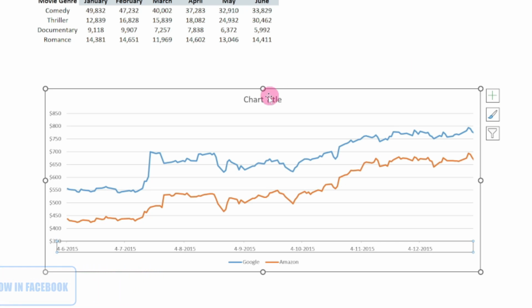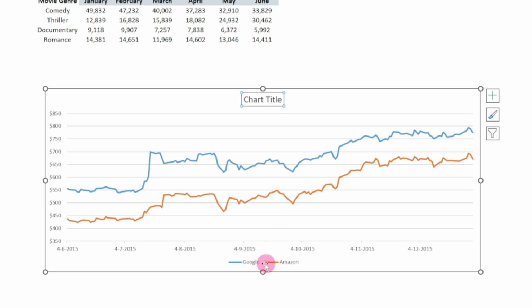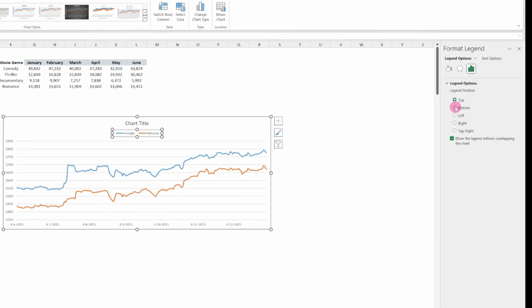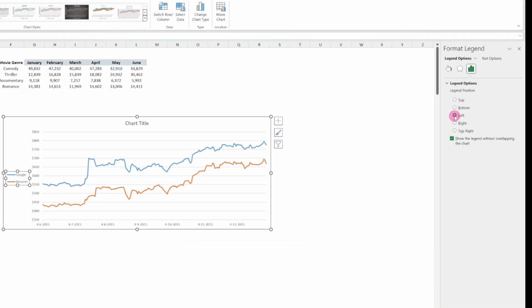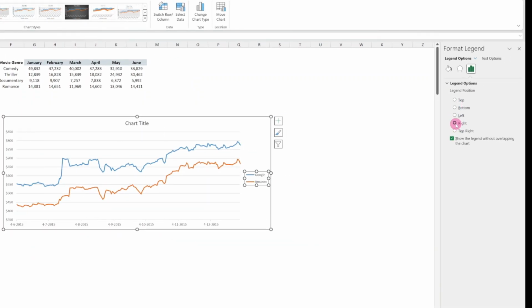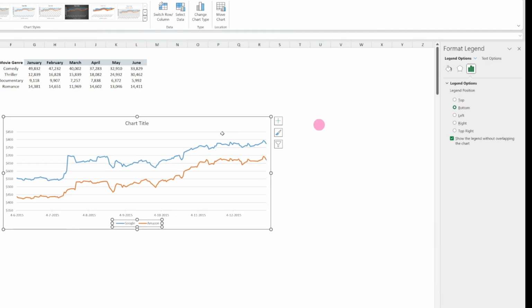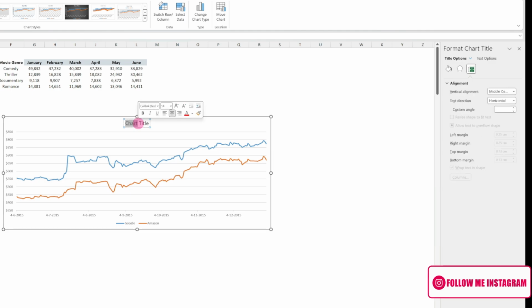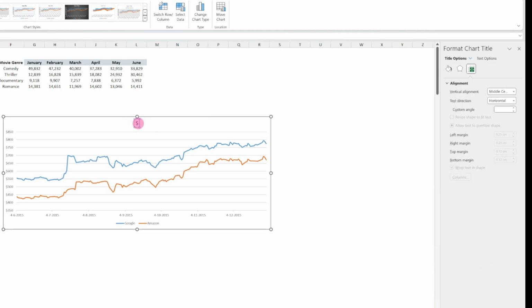Similarly, we can change the chart title. Similarly, we can change this title also. We can put it at the top like this. We can put it at the left like this. We can put it at the right like this. So this one we have already learned in the layout option also in the previous chapters. So I will be keeping it still at the bottom. That looks nice. And if you want to change the chart title, you can simply double click here, select all, and then